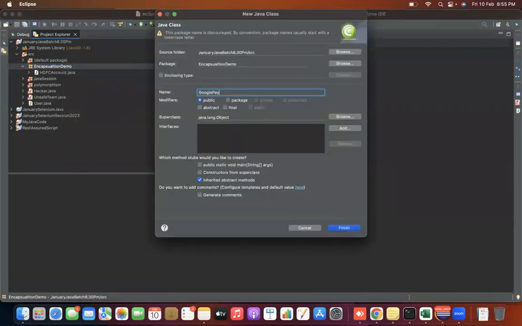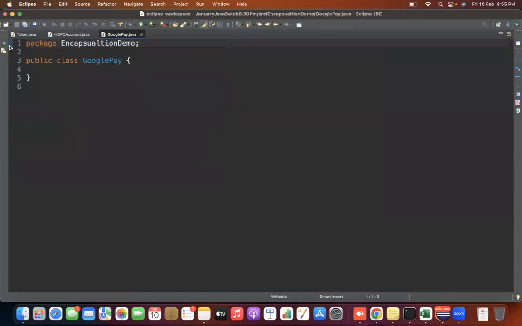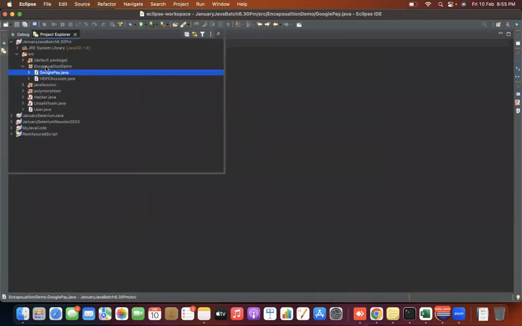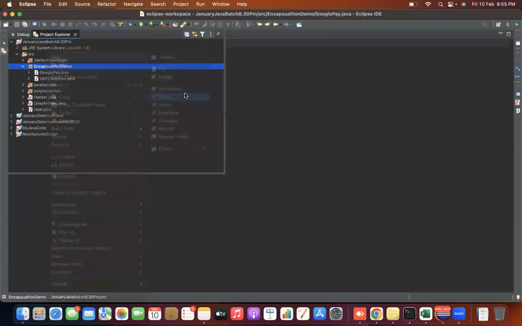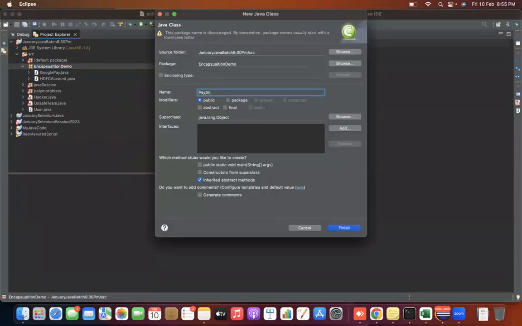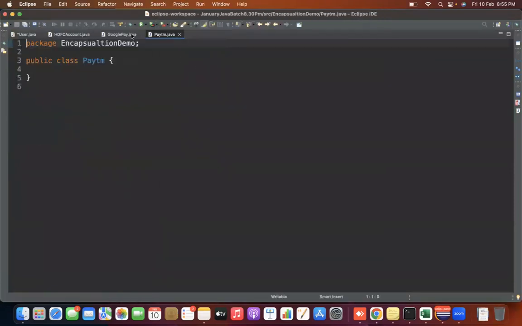You already know this thing. Google Pay. And along with that, I have another class which is my Paytm. In Paytm also I have integrated my HDFC account. See, I have an HDFC account. I am the user of HDFC. And suppose